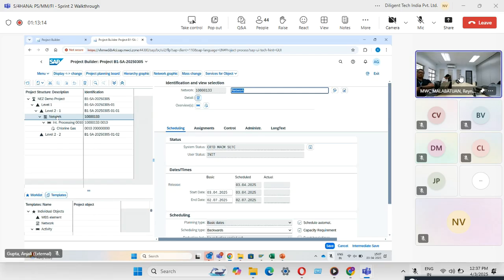Okay, I get it. So let's say you want to purchase based on the demand from the PS. From the PS itself, they can generate the PR and it will be directly charged to the project. But if you want to purchase and keep it as stock in your warehouse, then you can create a manual PR. Then you don't need to assign it to any project. In case in future you want to use it for a project, then you can do the goods